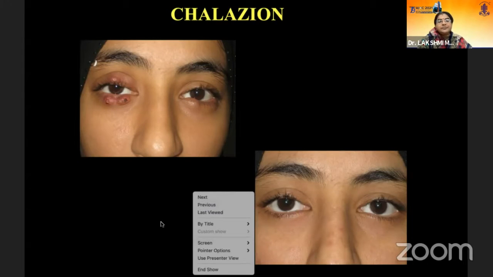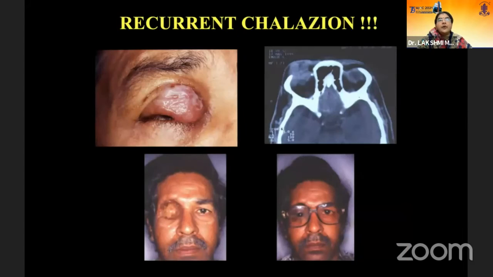But again, you have to evert the lid, put in the chalazion clamp, make a small snip for it to drain and do the surgery. Now, recurrent chalazion, especially in people after 40, 45, or those who are immunocompromised like HIV. Now, this patient had 5 chalazion surgeries before he presented. Look what has happened. The lesion has already spread into the mid-orbit, and this was a diffuse sebaceous gland carcinoma. First an excision was done, but eventually he needed an exenteration.